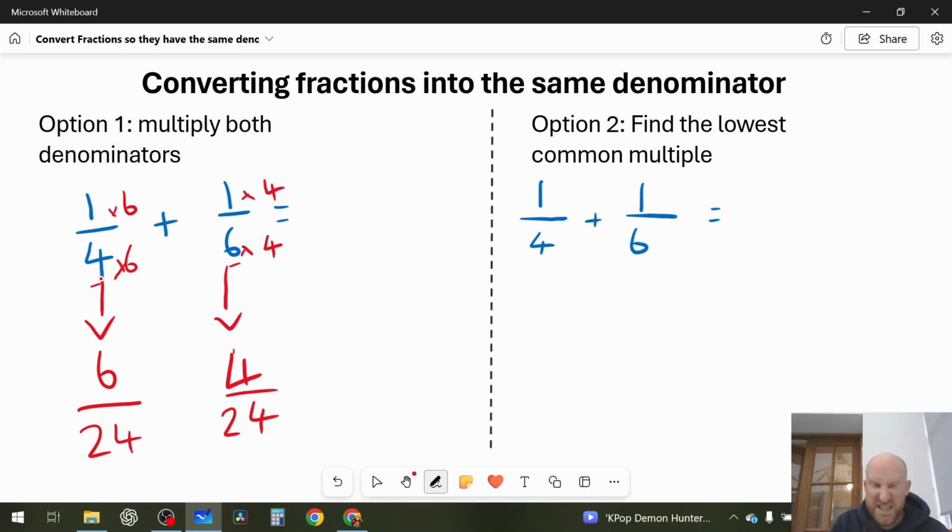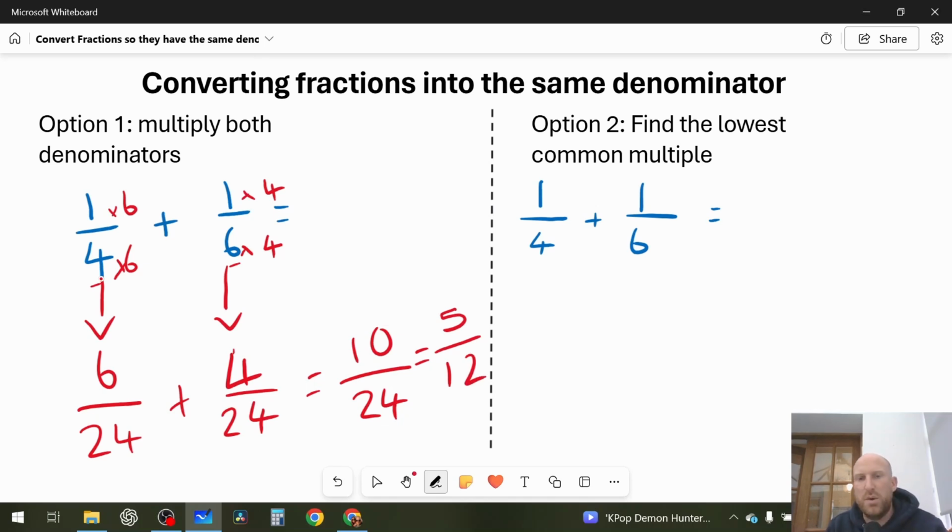Now that looked easy, and it is an easy way, but if I go ahead and work out the final answer, 6 add 4 is 10 24ths. Now that is the correct answer, but it's not in the lowest form, because the lowest form of this would be 5 12ths. So that is the lowest form answer. Now with method 2 I should get the lowest form answer straight away,